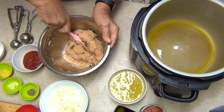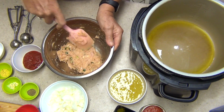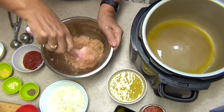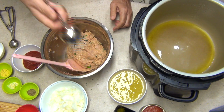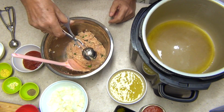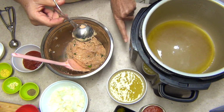Okay, that's mixed pretty well through there now. The parmesan cheese is going to make it nice and rich with a nutty sweetness. Our almond flour is going to bind it and absorb any of the moisture as it's cooking. And of course our spices will give it a lovely flavour. Now, I have got a cordless meatball maker. So I'm just going to take a scoop and then drop our meatballs into our pan and cook them